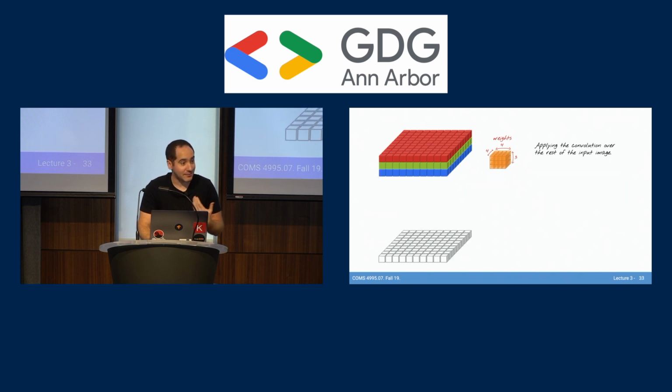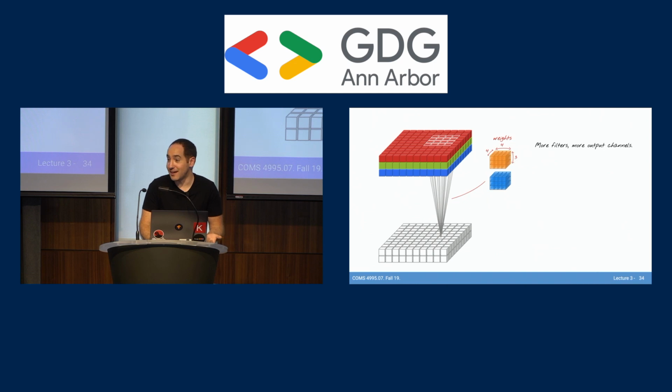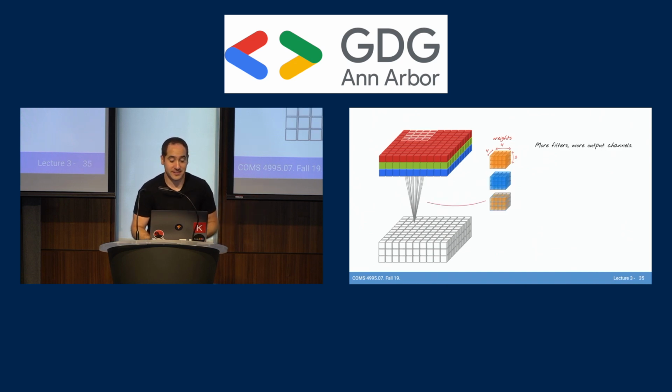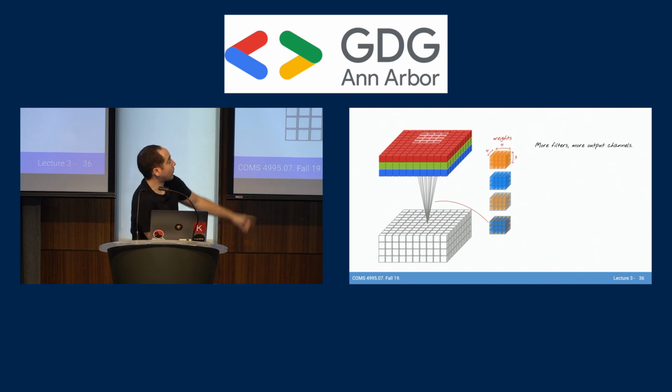And what's cool is if we have a second filter, we get a second output image. And the first output image could be all the edges. This could be a different type of edge that the filters learn to detect. But the insight here is that with 4 filters, or n filters, we get n output images. So when you see